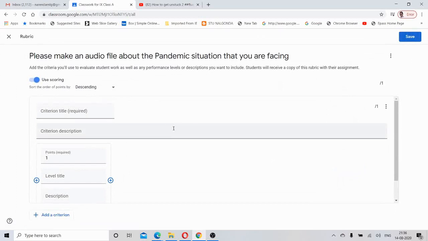So go to the rubric section. Automatically the screen will display like this. So you need to give a title for this. So for example, I want to grade in two aspects. The first one is vocabulary, the second one is grammar, and the third one, I can even do it for three assessments. That is, I want to assess in three issues. The first one is I'm going for vocabulary,